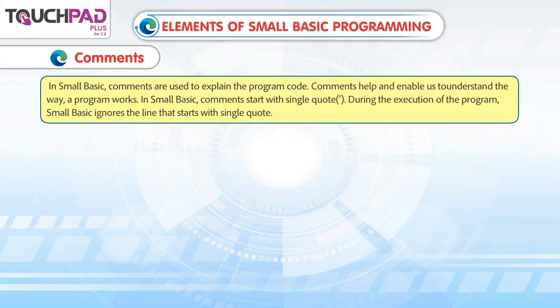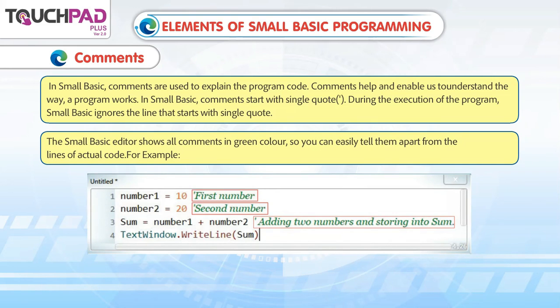Comments. In Small Basic, comments are used to explain the program code. Comments help and enable us to understand the way a program works. In Small Basic, comments start with a single quote. During the execution of the program, Small Basic ignores the line that starts with a single quote. The Small Basic editor shows all comments in green color, so you can easily tell them apart from the lines of actual code. For example,